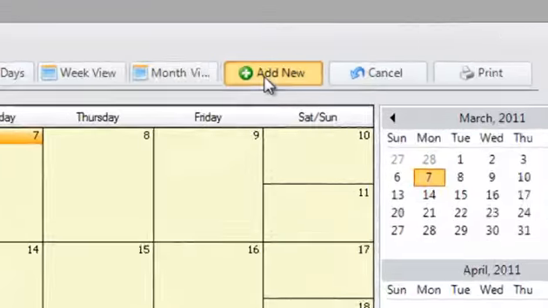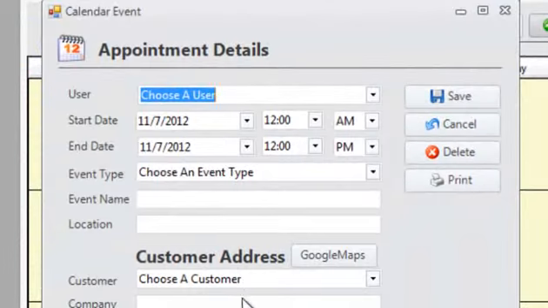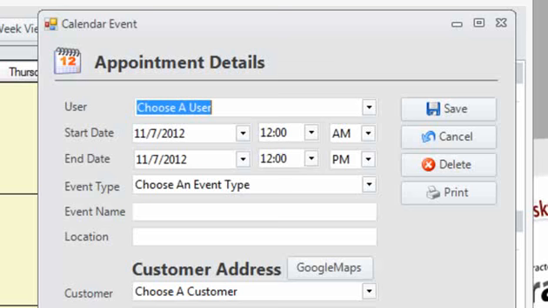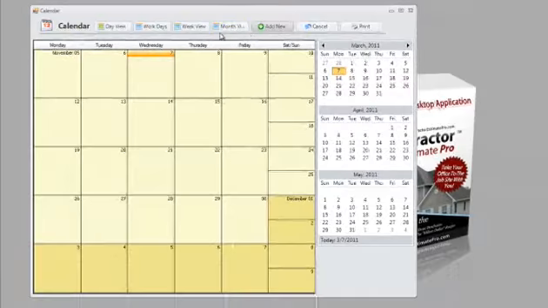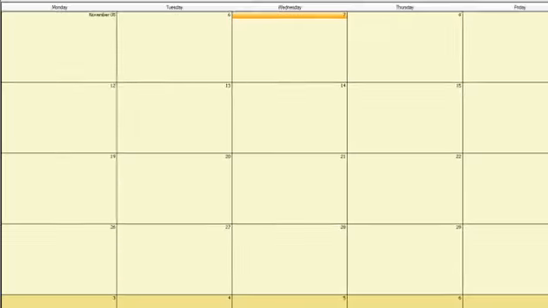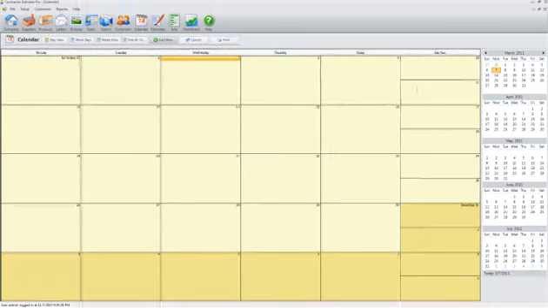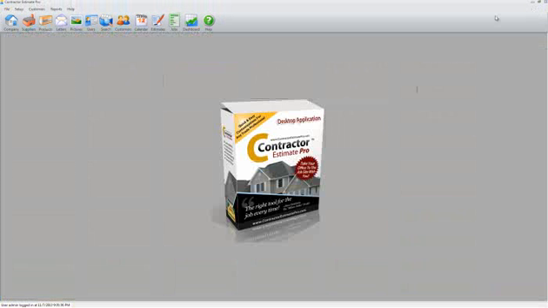So if you put in an appointment, add a new record, and put the customer information in, it'll pop right up in the system. Hit save and it goes right in. Pretty self-explanatory with a calendar. You can also print this if you want to take it with you for the week or the day. You can simply hit the print button